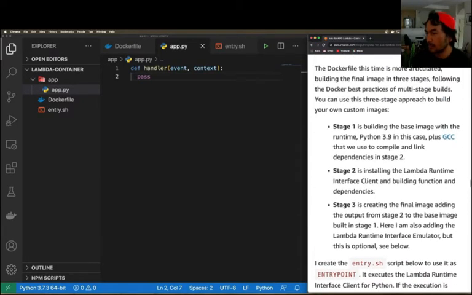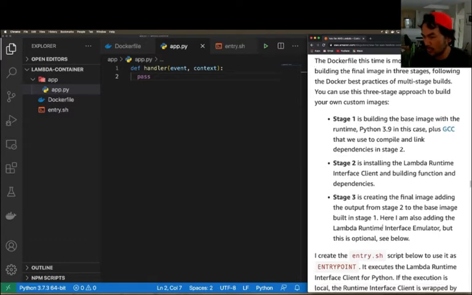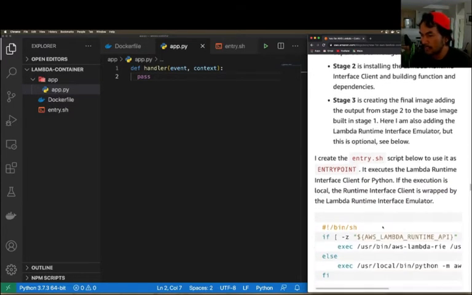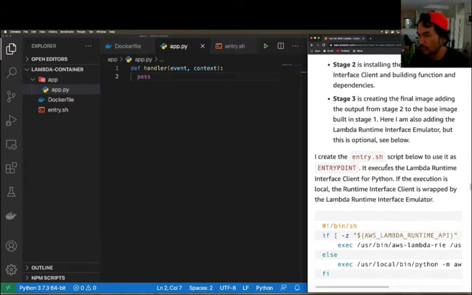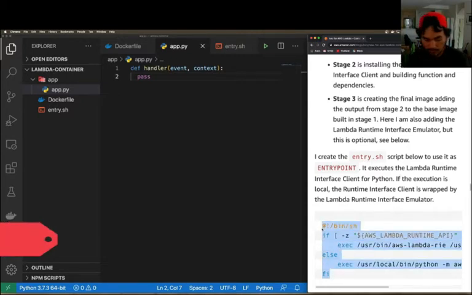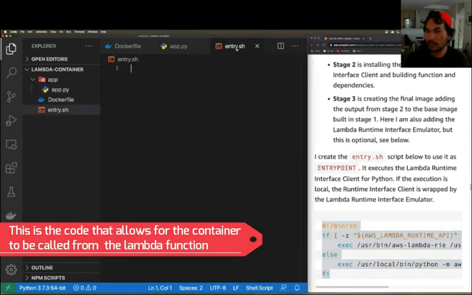So I recommend you guys go through and read the blog in its entirety, just so you see what other options are available out there. Because especially if you are more comfortable with Node.js than Python, there's a segment in there that's specific to Node.js. But in here, it says entry.sh. It executes the Lambda runtime interface client for Python. So we do have an entry.sh in there. So all we need to do is copy that and paste it